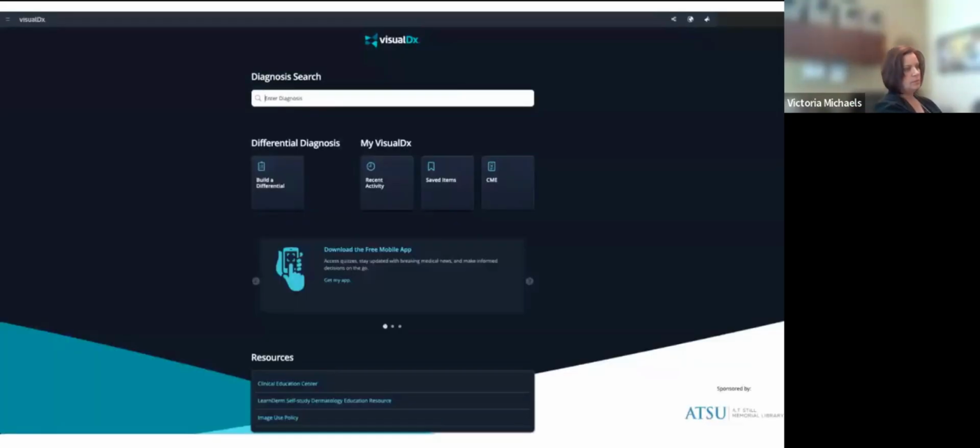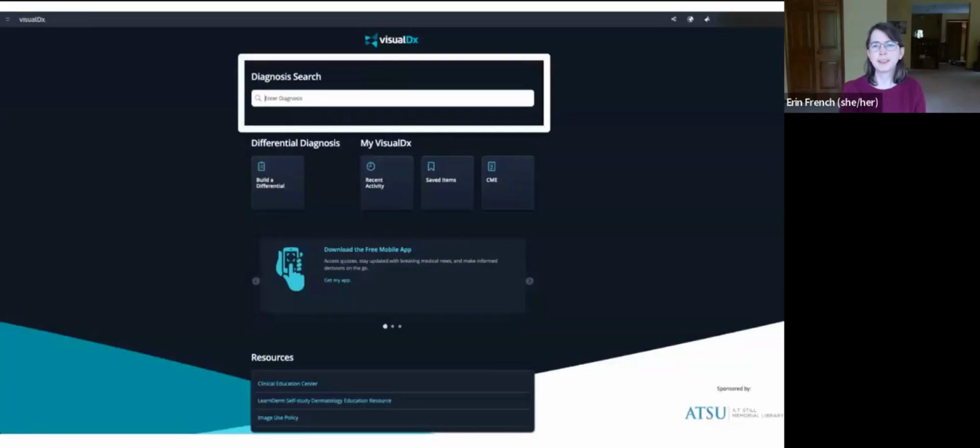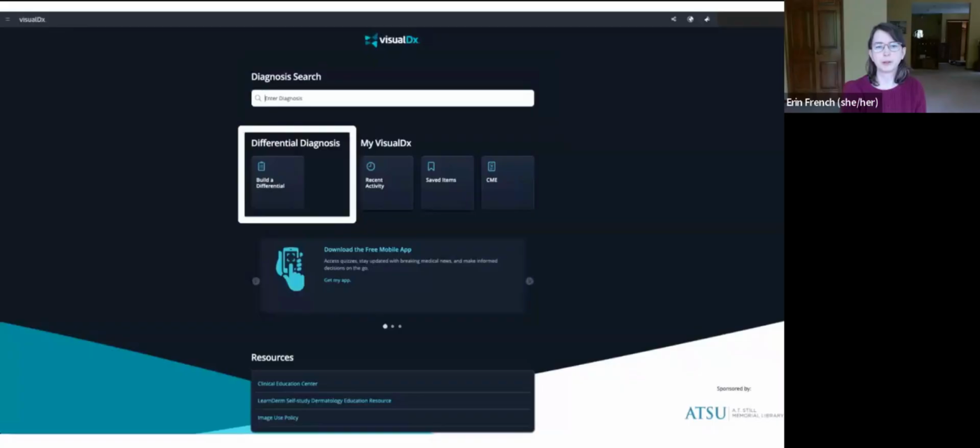This is a screenshot of the VisualDx homepage, which is the launch point for learning activities within the software. At the top is the diagnosis search, and when you start typing even one letter, VisualDx will start returning diagnoses with the term or terms you type in. What's great for teaching with case studies is build a differential, and I'll show you a demo of this feature